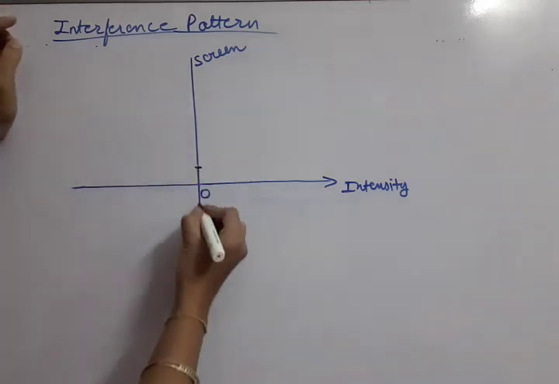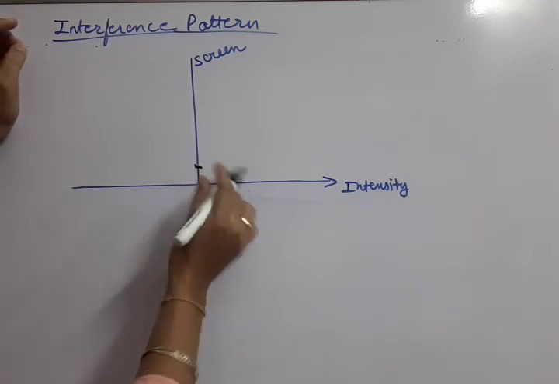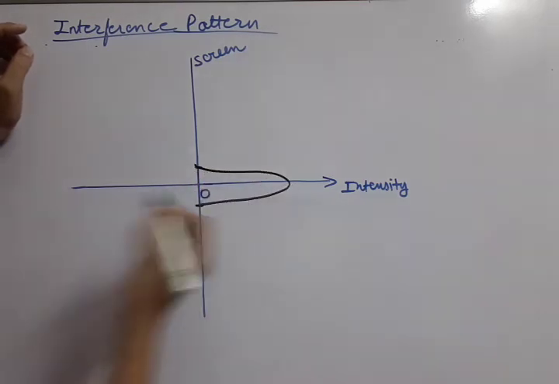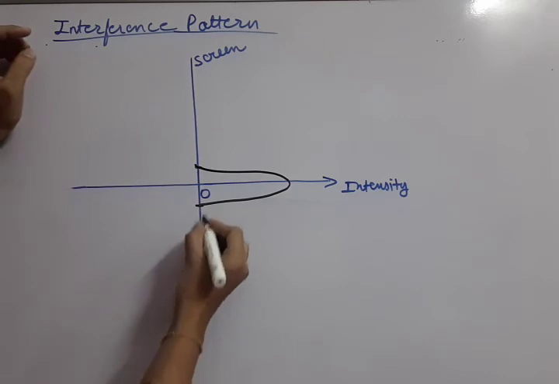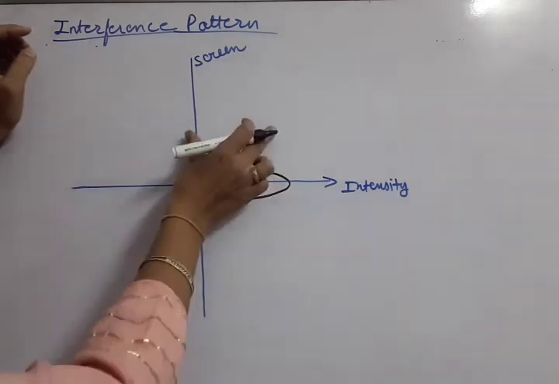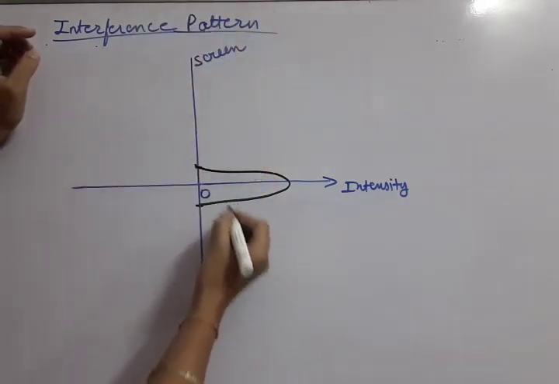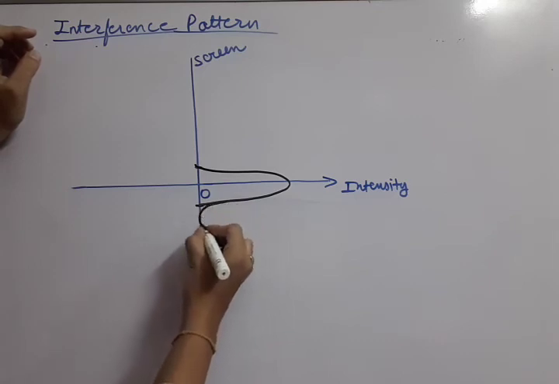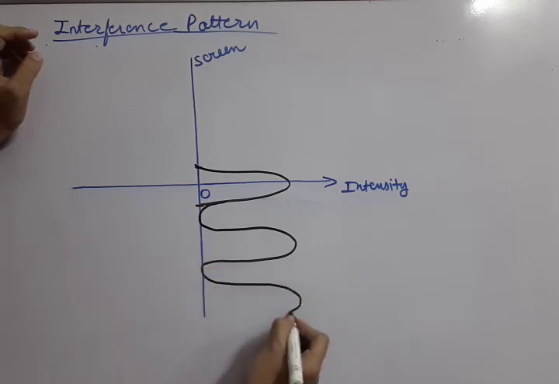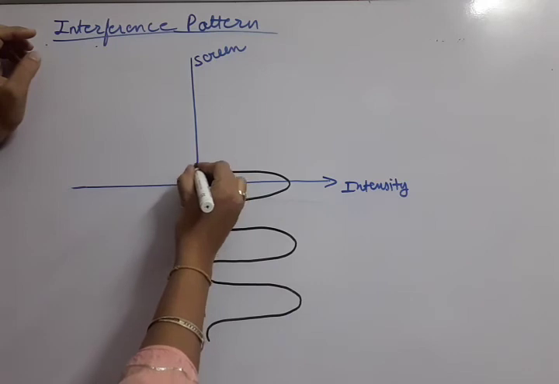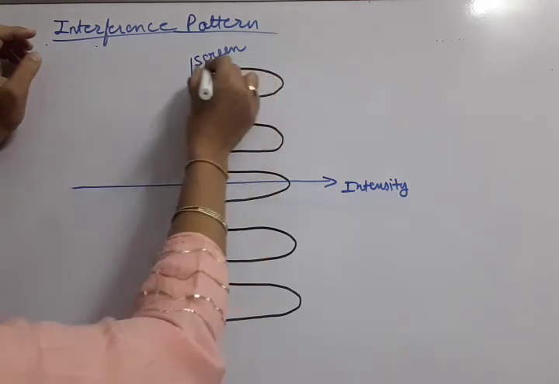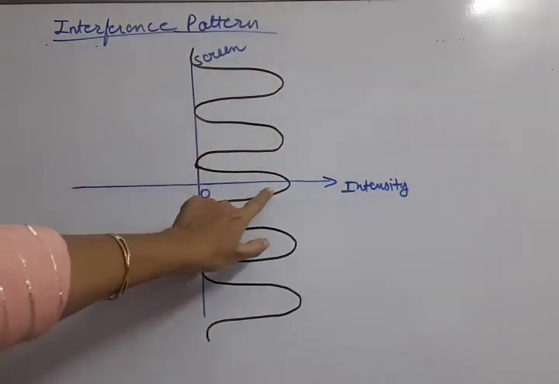So suppose I mark here this way. Intensity means at the center of the screen we know maxima is formed. Maxima means intensity should be maximum this way. After that we will get another maxima, means first maxima, second maxima, third maxima, here also, and in between any two maxima a minima is there. So intensity goes to 0, then again it increases, and the width also should be the same, this way. Okay, so this one is our central maxima.